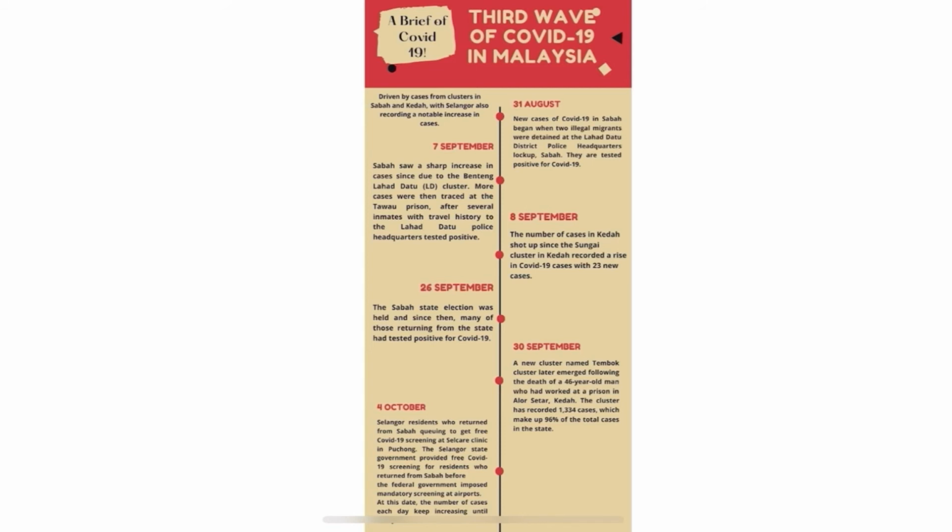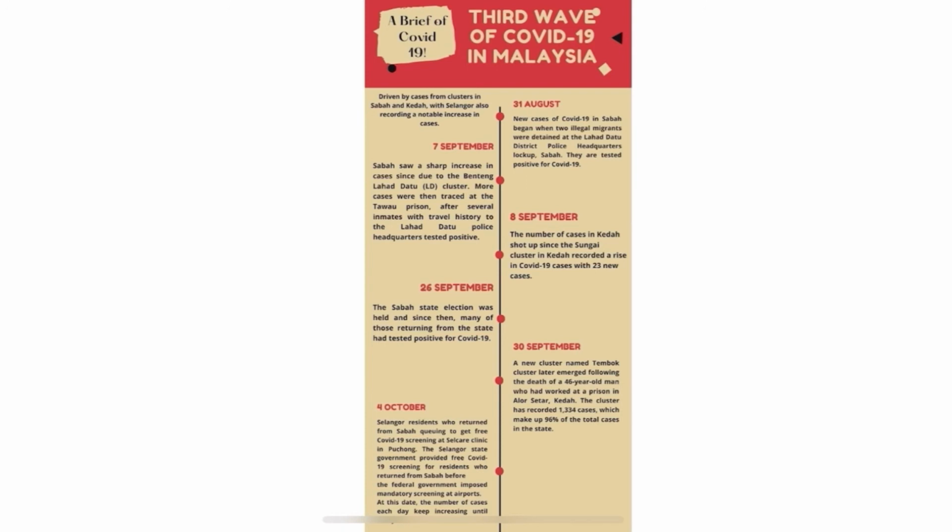On 8 September, the number of cases in Kedah shot up since the Sungai cluster in Kedah recorded a rise in COVID-19 cases with 23 new cases. The cluster originated from a 39-year-old healthcare worker at a private medical center who had infected her colleagues and family